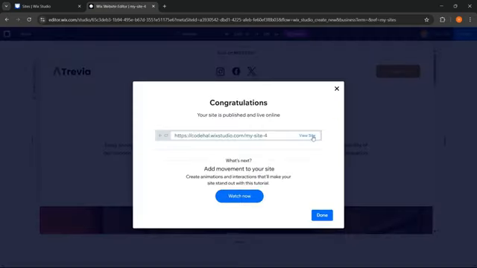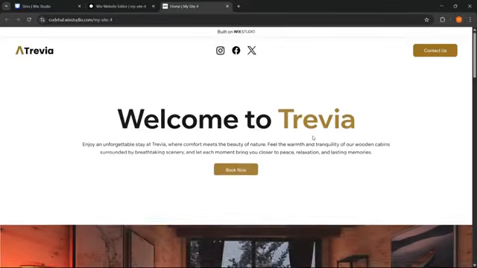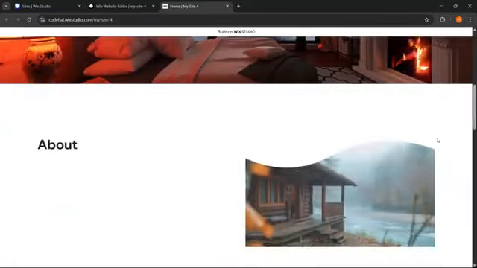And click View Site. Alright, now you know how to make a custom website from start to finish with Wix